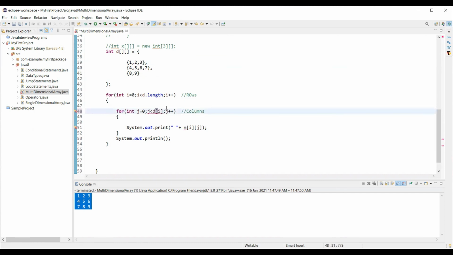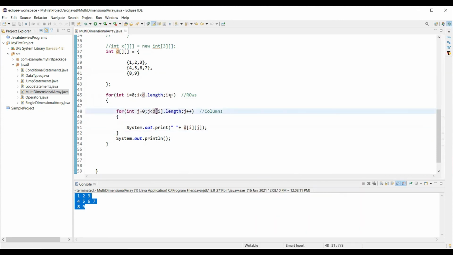So d of i dot length gives us the size of that specific array object, which we are calling columns, right? And we wanted to print this d of i j, that particular element. Let me execute this, and you can see here. So this is how we need to display the jagged array on the console.